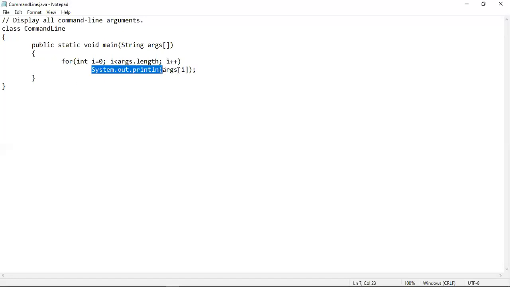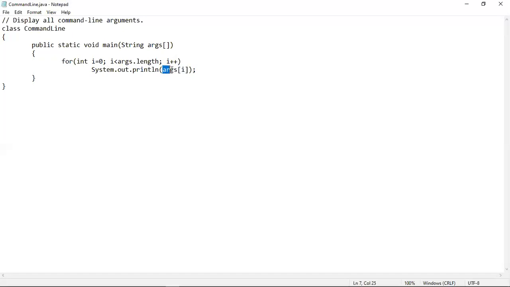In the next statement, we are printing the values of args[i]. That means when the value of i is 0, when the loop iterates the first time, then args[0] will be printed. Then i will be incremented by 1.